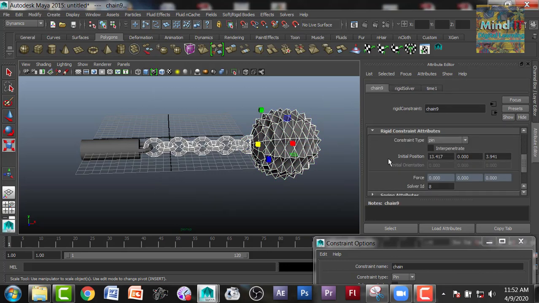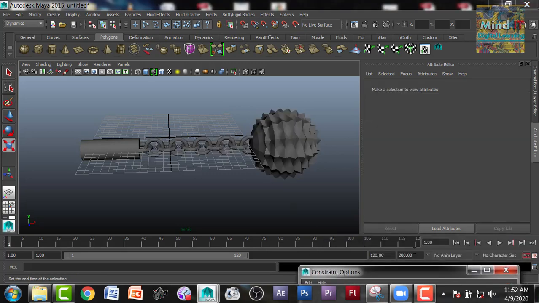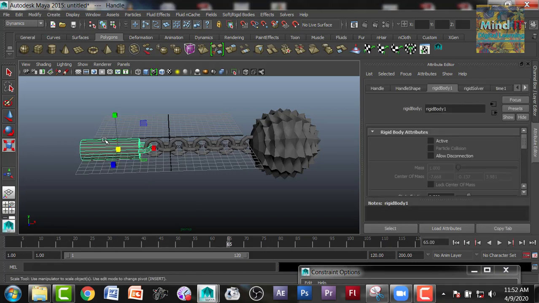Select all these structures, and apply a gravity field over them. You see, there is no change happening because still I have not applied a field over it. So no force is available to move these objects. So what I will do, I will apply a gravity on all the structures except the handle.